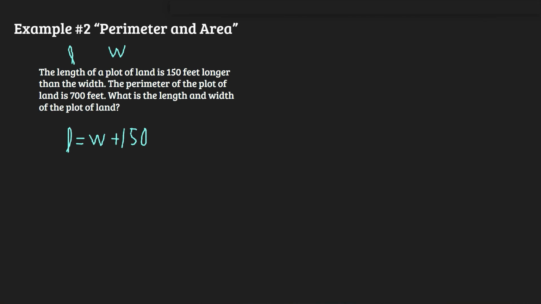Now, the perimeter of the plot of land is 700 feet. So let's look at just a rectangle here. And if I look at a rectangle, I can see that, okay, I have one length here, another length here, one width here, another width here. So I know that 2 times the length, the perimeter